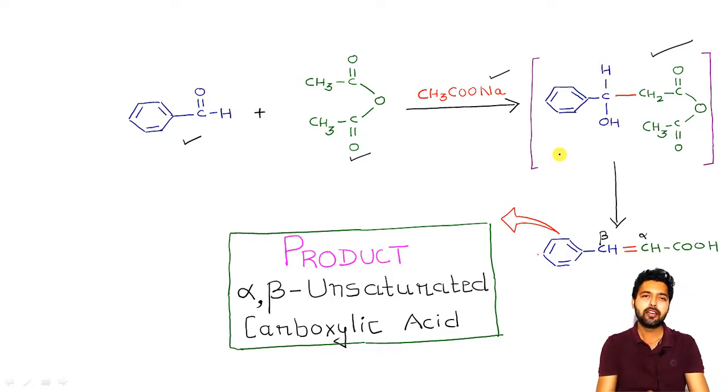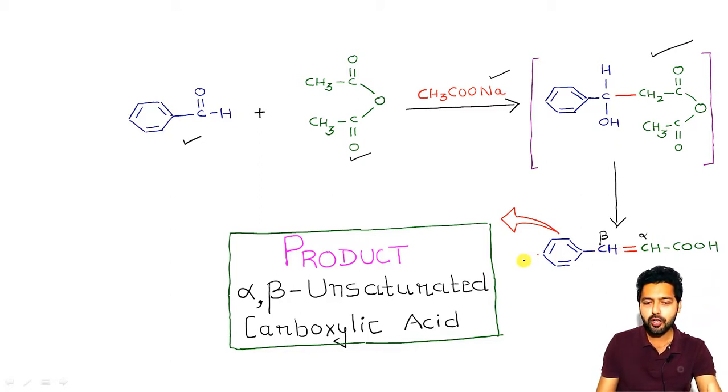This means if I want to tell you here what the overall Perkin reaction is, I will say that the reaction of some aromatic aldehyde which does not contain any alpha hydrogen atom plus a molecule of some anhydride in the presence of some sodium salt of carboxylic acid will finally give me some alpha beta unsaturated carboxylic acid. This is the Perkin reaction. This is the whole Perkin reaction.